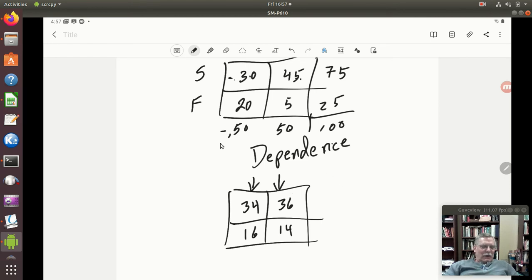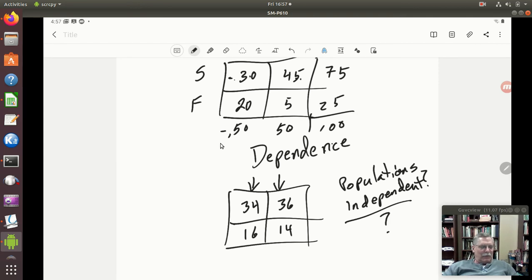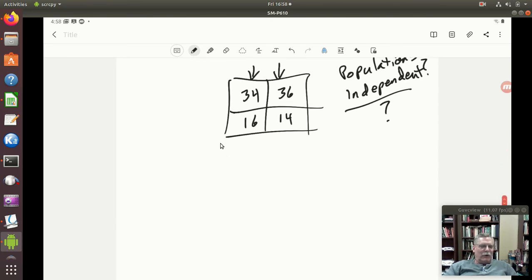In other words, the populations we're pulling from, are they actually independent, and we just happen to have a difference because of random sampling? That's the big question that we're trying to answer. Because almost always, due to random sampling, you're going to get something a little different. And let's look at a very specific case where it would have to be different, right? So suppose for whatever reason,